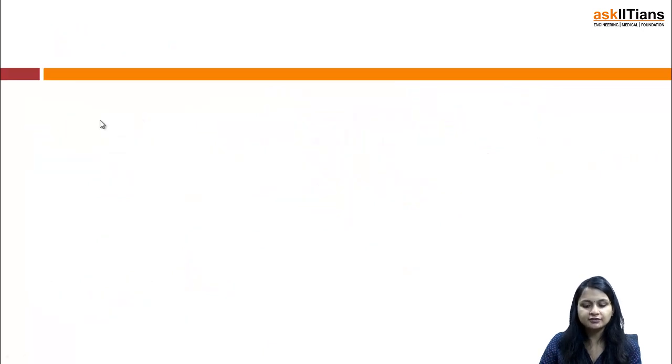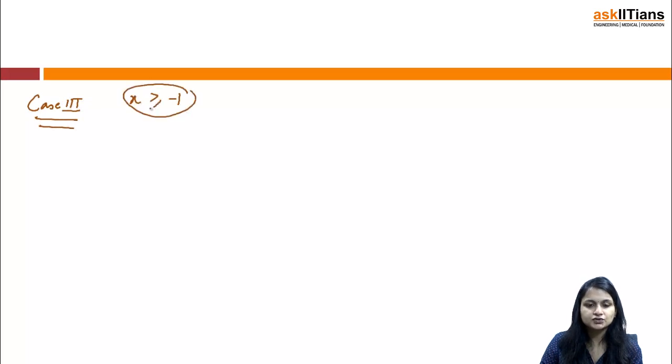Now here I have the last case, which is x greater than or equal to minus 1 under this stream. Okay. Now what I said, I got 2 raised to power x plus 2 as positive and this as again positive. Okay. And this becomes 2 raised to the power x plus 1 plus 1. Okay. Now let's solve this.